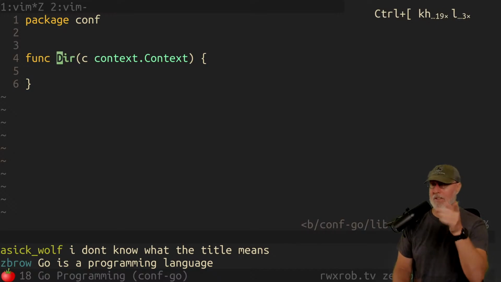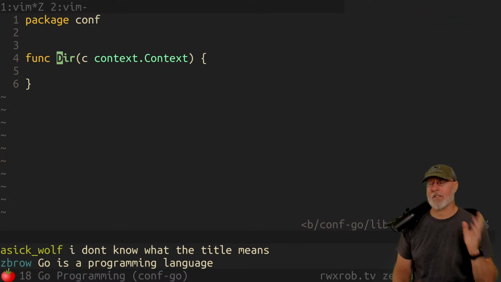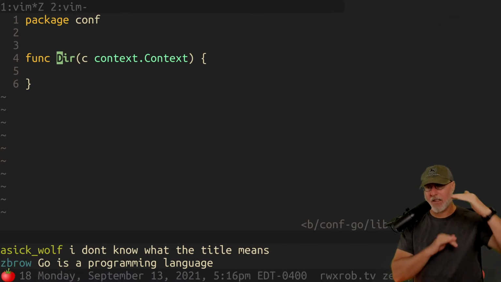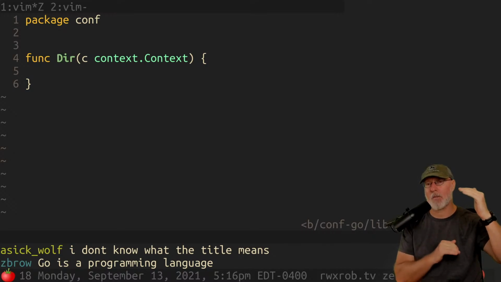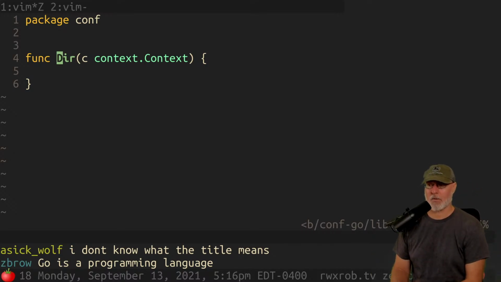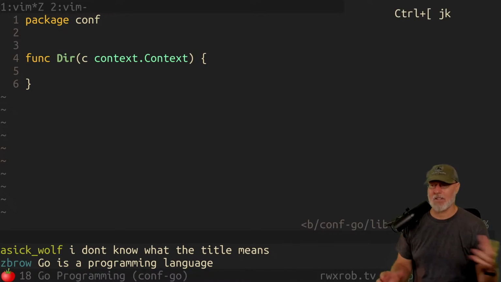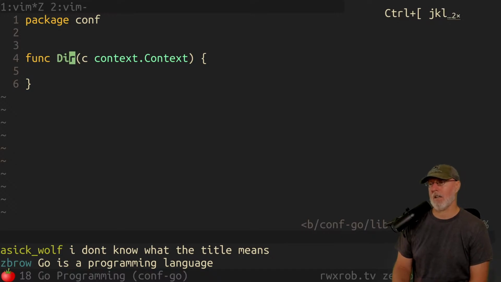People do it all the time. You want to see really great C code? Go read the C code in the kernel. Most of the C code in the kernel is tiny. The functions are super tiny because you have to. At that level, you have so much complexity you have to hide. So they don't write big, long functions. It's really bad because then you can't swap things out and all kinds of stuff. Anyway, so we're not going to do that.